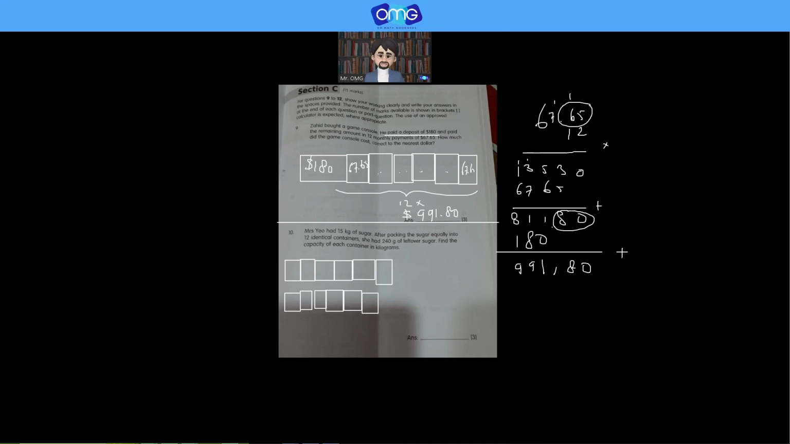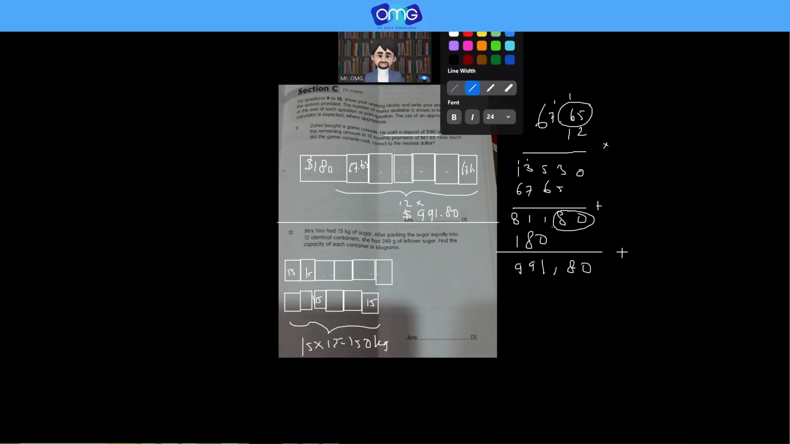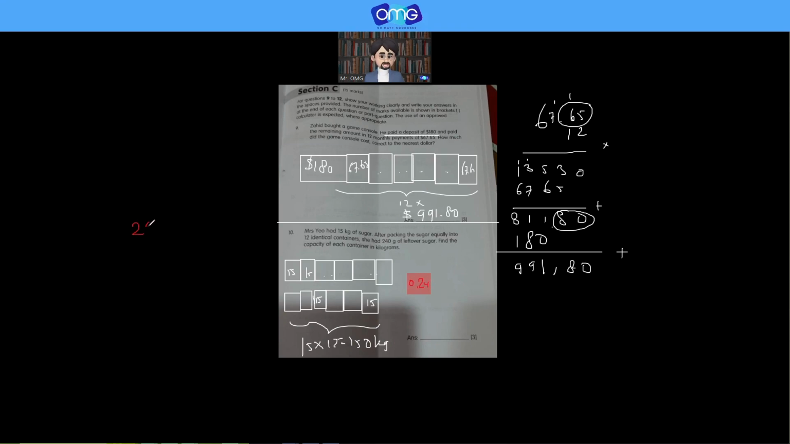So each of these identical and each of them 15 kilogram sugars. 15 kilogram each. So in total there are 15 times 12, which gives us 150 kilogram of sugar. However, there is another sugar left over, which is 240 grams. 240 grams, we can say 0.24. Why? Because 240 divided by 1000. 1 kilogram is 1000 gram, so this divided by 1000, so we get about